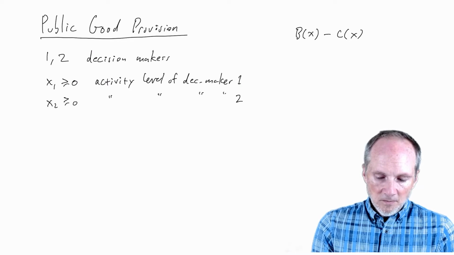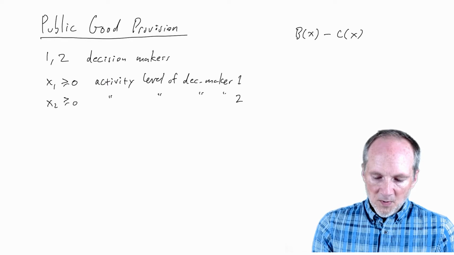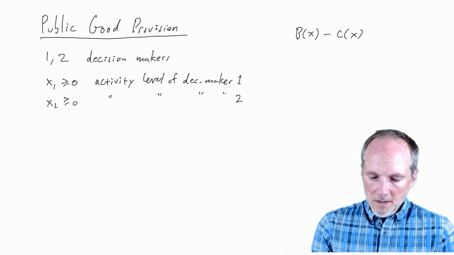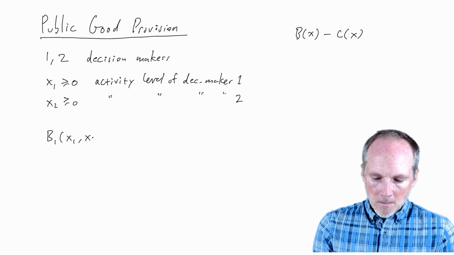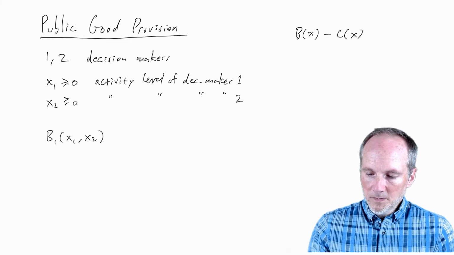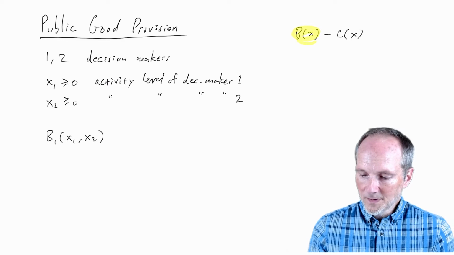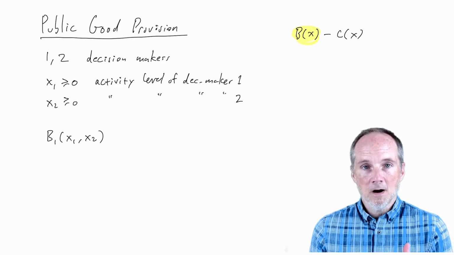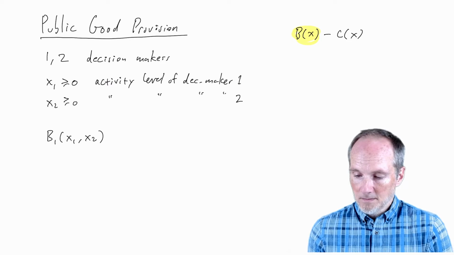So in general, person 1, decision maker 1, could have some benefit function like this. In contrast to the original example, there's just one benefit function and one argument, that is one scale